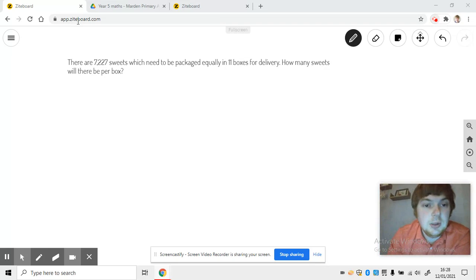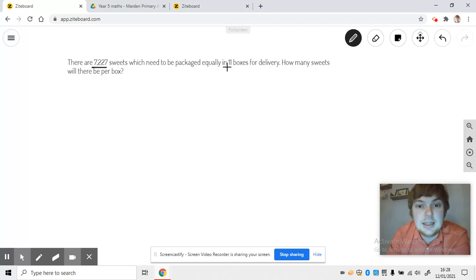Okay, so the first thing we do is actually read the question. There are 7,227 sweets which need to be packaged equally in 11 boxes for delivery. How many sweets will there be per box? So, with any word problem, identify the key numbers first. So, quickly shout out to your screen what are the key numbers in there,